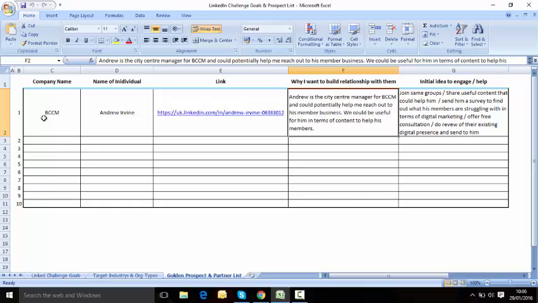So I was looking at this earlier, and the reason is that Andrew is the city centre manager for BCCM and could potentially help me reach out to his member businesses. We could be useful for him in terms of content to help his members. And I've also just put in here some initial ideas for how I could actually engage with Andrew, or how